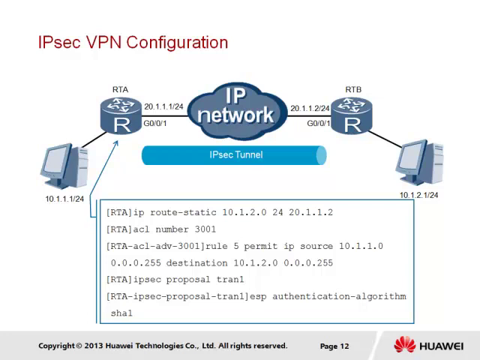An access control list rule is used to perform the filtering and determine that for traffic originating from the 10.1.1 network and destined for the 10.1.2 network, IPsec should be applied. Exactly what form of IPsec-based security is to be applied is determined in the proposal that we have named here as Tran1. This proposal by default will use tunnel mode,